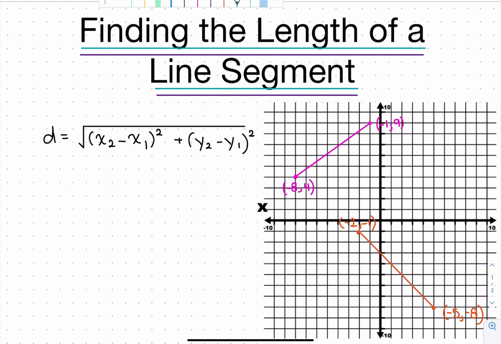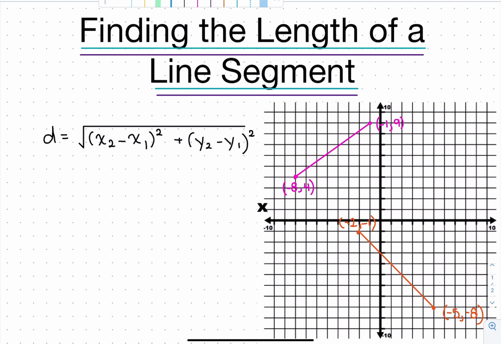So as you can see, I've drawn two different line segments on this Cartesian plane, one in pink and one in orange. So they can be anywhere, any direction. These are just ones that I have decided on. And what we're going to do is we're going to use these points. I have written them for us, but if you aren't given them, you simply just find out what that endpoint